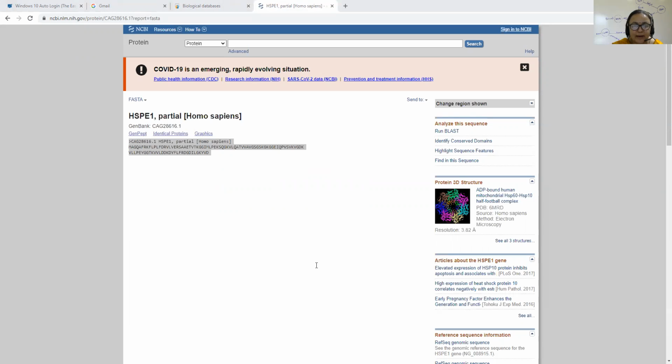This is made up of ATGC, four nucleotide bases which form a nucleotide sequence. And this is made of amino acids which form a protein sequence. There is a clear difference between the protein sequence and the nucleotide sequence.